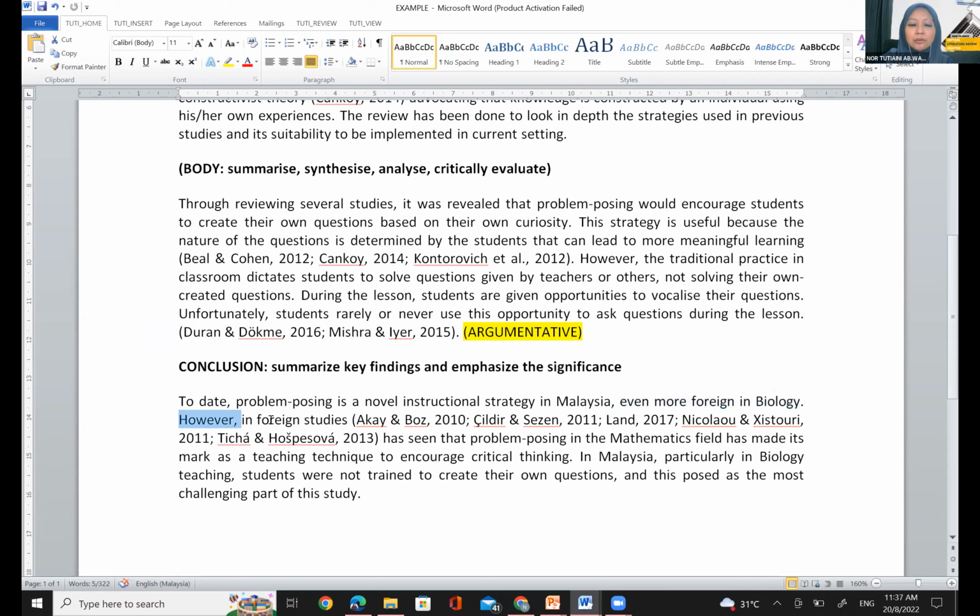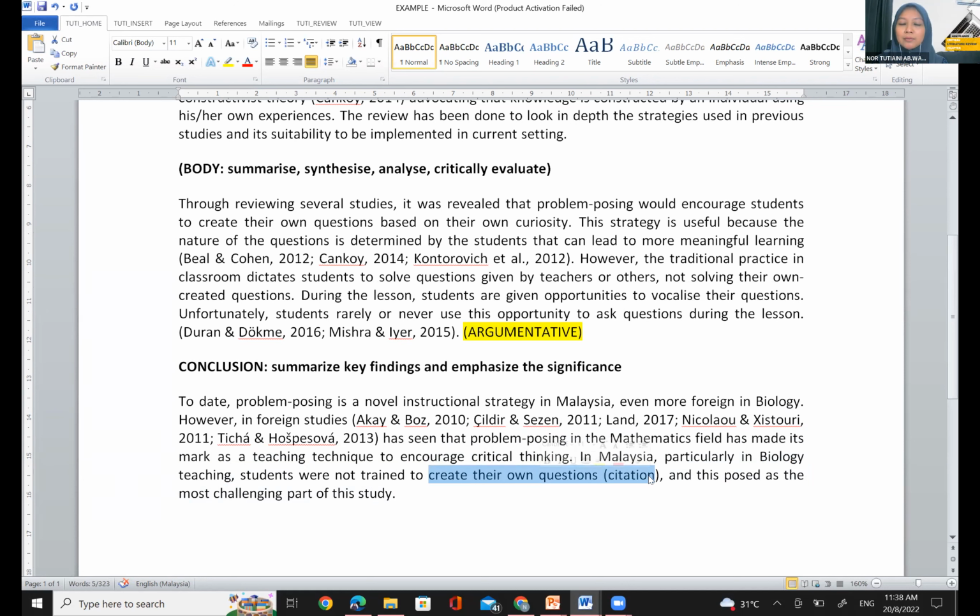Okay. However, in foreign studies, kita bawalah melihat kepada study-study yang sebelum ni, has seen that problem posing in the mathematical field has made its mark as a teaching technique to encourage critical thinking. In Malaysia, particularly in biology teaching, students were not trained to create their own question. Ni mungkin boleh masukkan citation. Okay, and this pose as the most challenging part of this study. Maksudnya kat sini, kalau examiner tanya, mana gap you? Guna problem posing. Oh, gap I kat sini. Sebab dekat dalam biology subject, nampak dekat Malaysia, memang tidak ada, bukan tidak ada lah, based on the previous study,